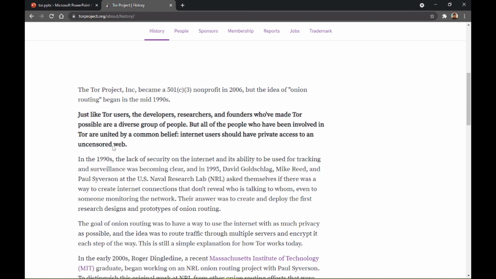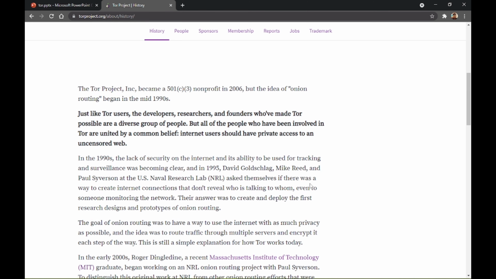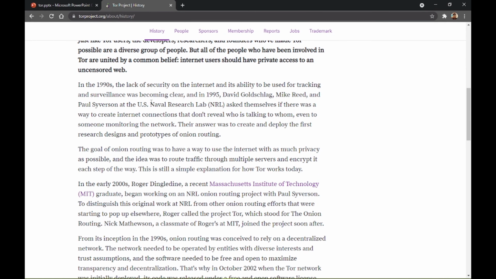It was invented in the 1990s, due to the lack of security on the internet and its ability to be used for tracking and surveillance. It was created by the Naval Research Lab, NRL, to create secure networks that cannot be monitored very easily.